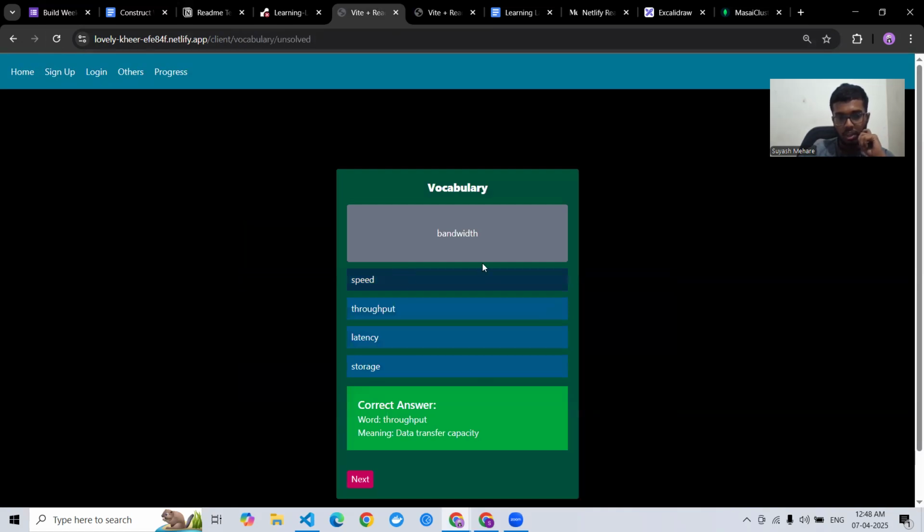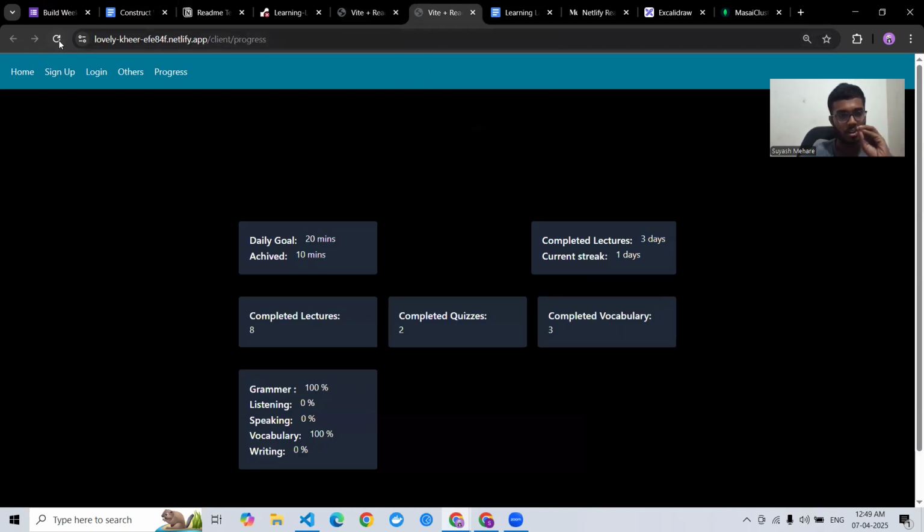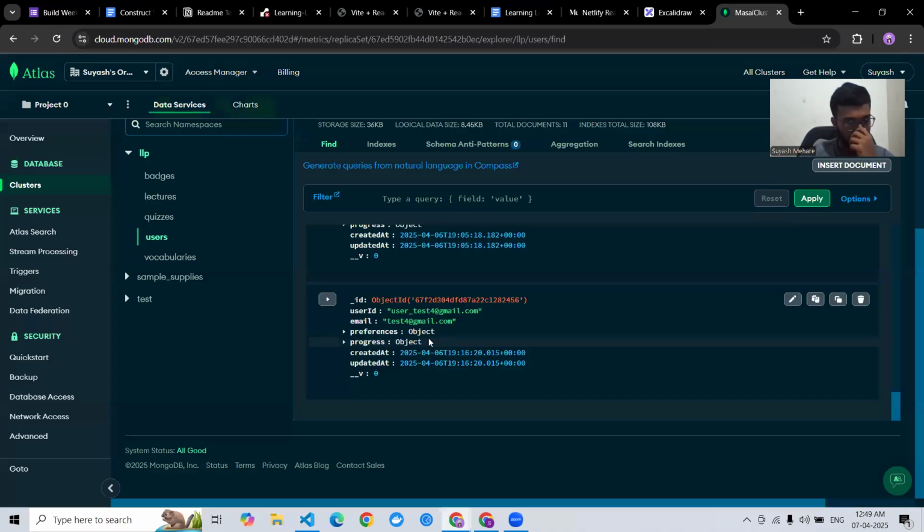If I choose, it will make a request to the backend and make a change. Let's say if I choose speed for now, I click it, and it is a wrong answer. Now if I refresh it, it will be shown as two, because it got added to the repetition of the user. Let me show you